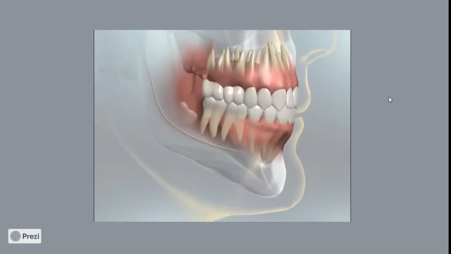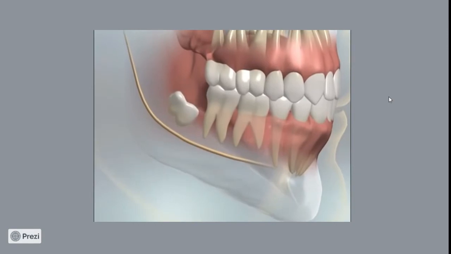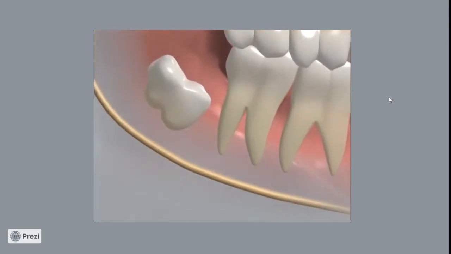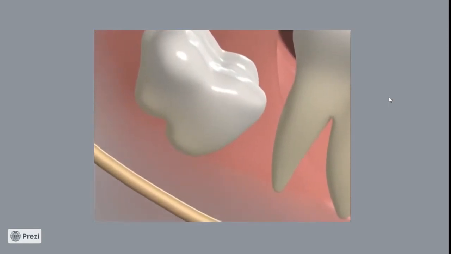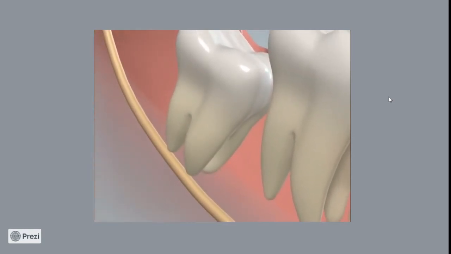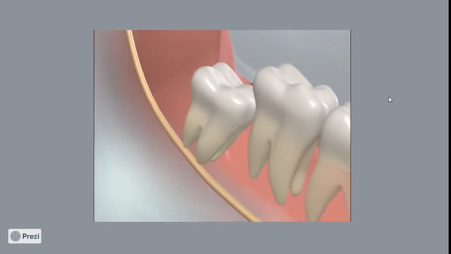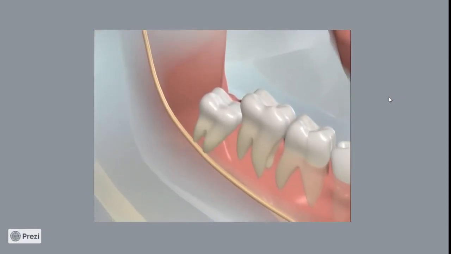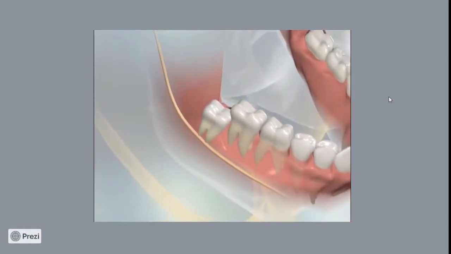The length and complexity of third molar surgery depends on a number of factors. It includes the position of the tooth, the length and curvature of the roots, the thickness of the bone surrounding the teeth, and the patient's overall physical condition and health. In general, a young adult's wisdom teeth have incomplete root systems, making tooth removal relatively uncomplicated. As wisdom teeth continue to grow, their roots lengthen and may become tangled with the sensory nerves that run through the lower jaw. When that happens, surgery is more difficult and complications are more likely.